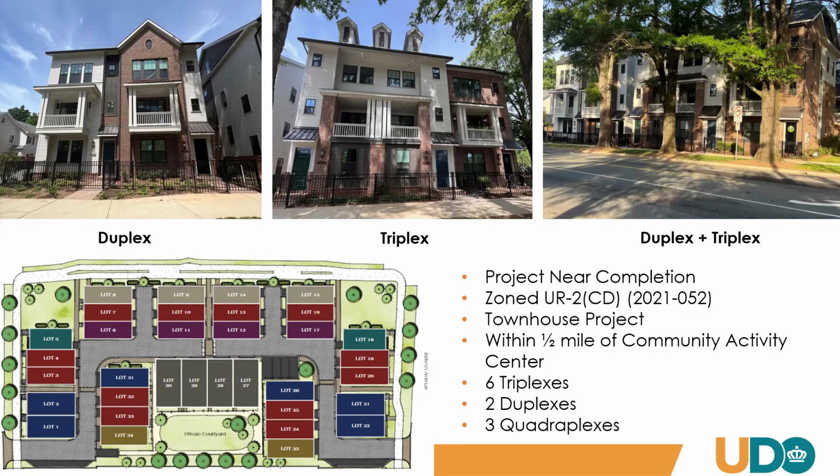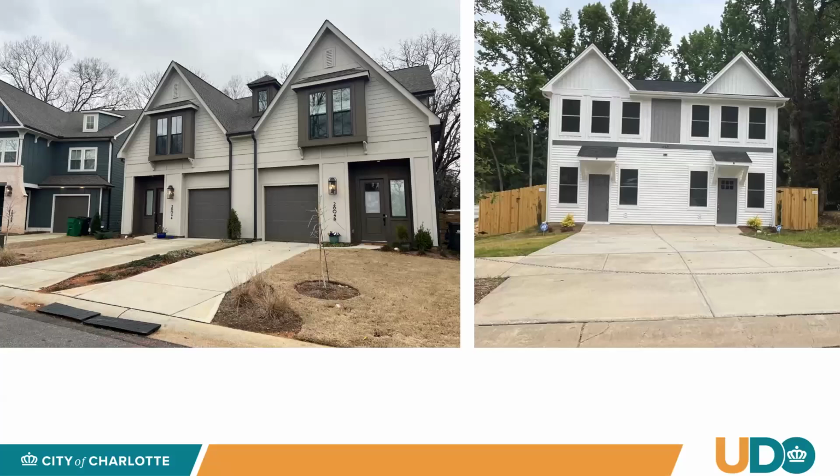Next slide. The next slide is just focused on duplexes. The one on the right is a duplex that is nearing permitting, that was permitted as part of the UDO, and the one on the left was pre-UDO. But these are the more typical duplexes that I think you see when you are thinking about a duplex in a neighborhood. This is more the typical type of building that most are thinking of, right?